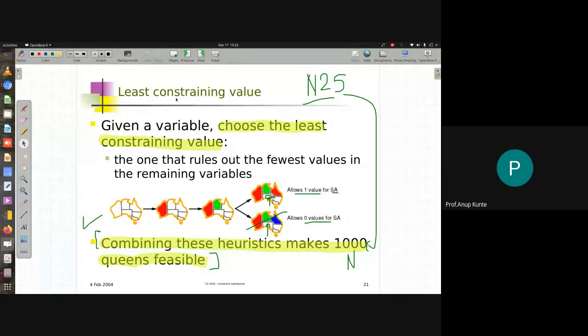So how much improvement do we get by using these heuristic values, especially with least constrained value? There is a note in the book of a study that showed even n queens with n equal to 1000, so a 1000 cross 1000 board, a very huge chessboard. It's all imaginary chessboards. By the way, you'll say that itna bada chessboard kahan hota hai?